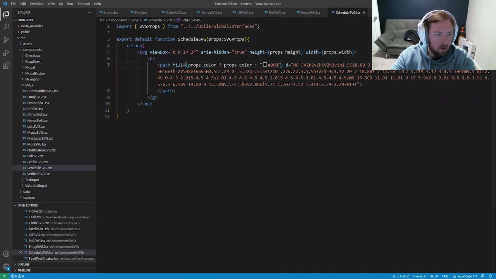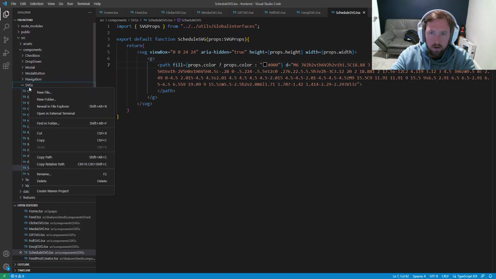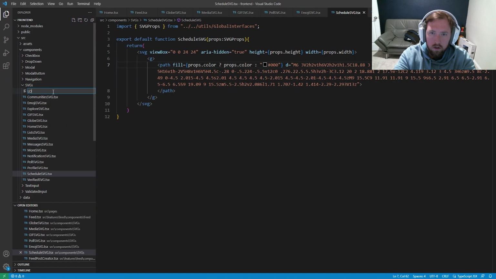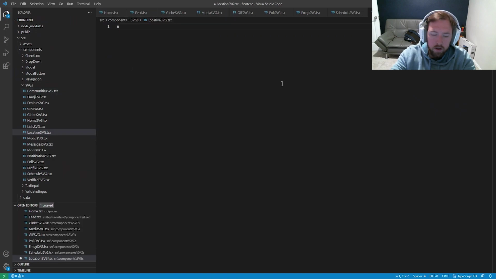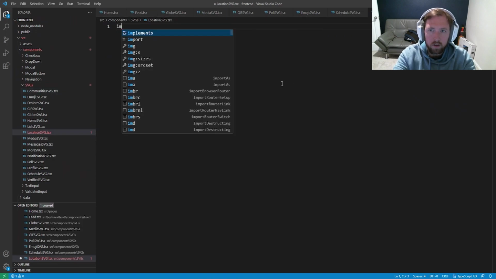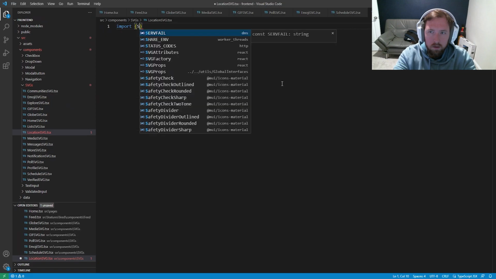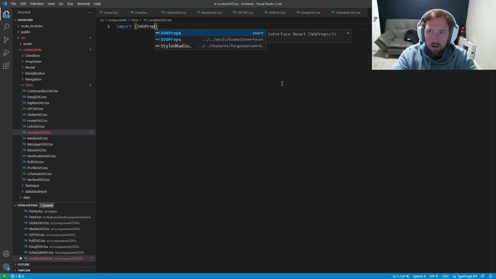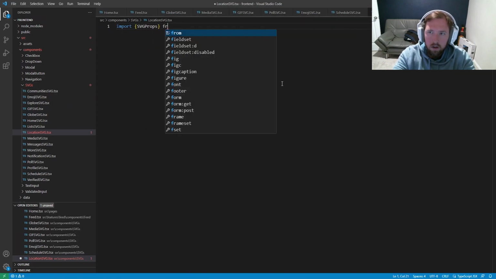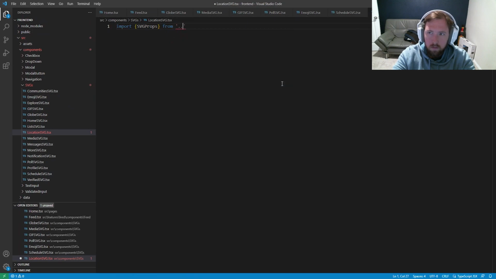All right, and then the last one is location. So, new file, location svg. I have no idea how to even enable this, so who knows if I'm even going to figure that out, but it is what it is. Import SVGProps from, I forget where this even comes from. I think it comes from utils